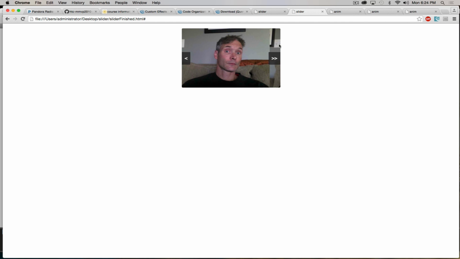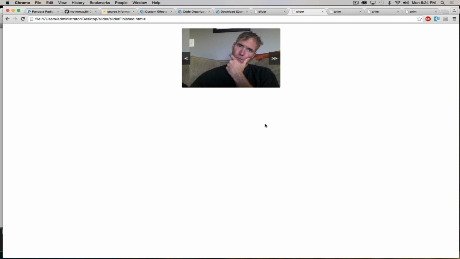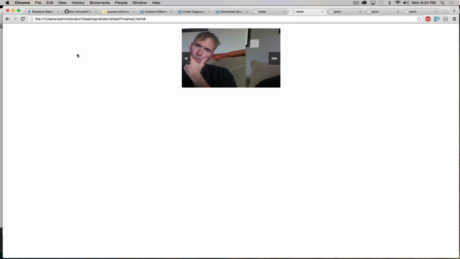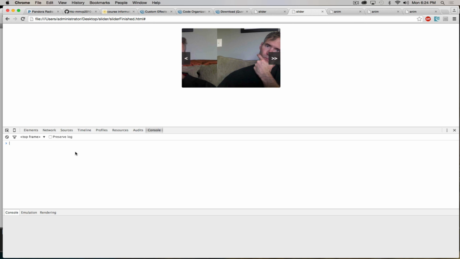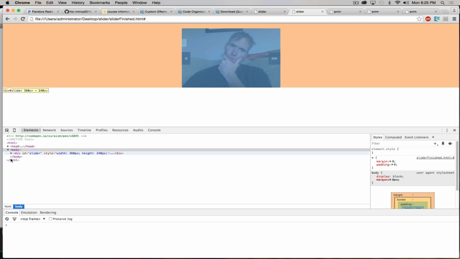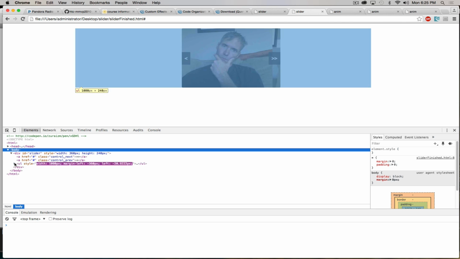And now as it slides, you're going to see it reveals the third picture. And as the third picture slides, it's actually going to pull into view the first picture again, because what it's done is it now takes the one on the end and moves it over to the beginning. So it's actually changing the HTML or the markup that is on screen the entire time. So if we look at the source code and see what is happening,